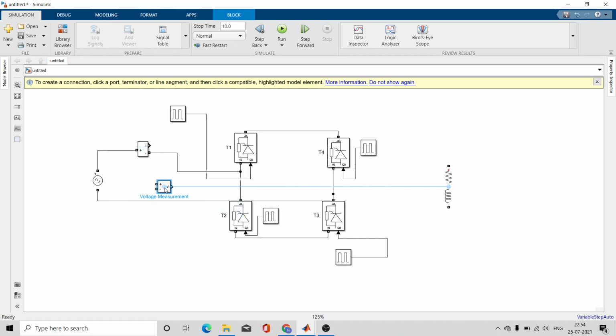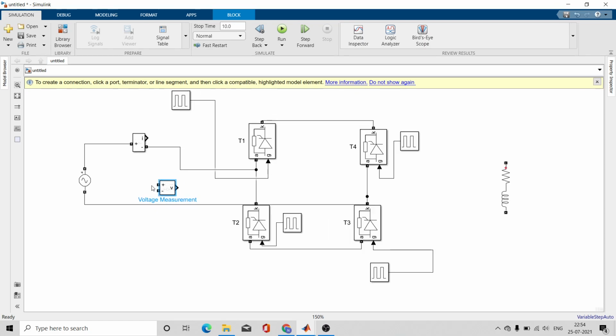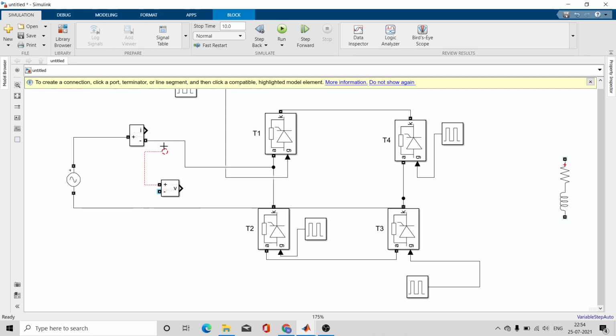And this voltmeter, you can use it for measuring input voltage and output voltage. This is how you can connect.